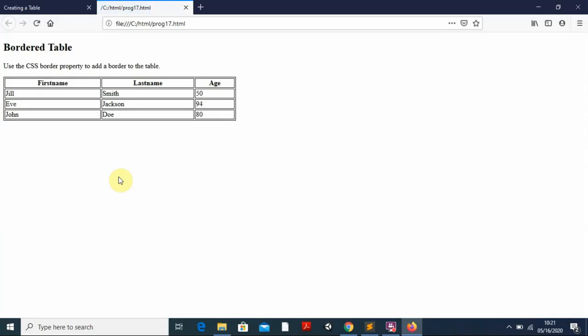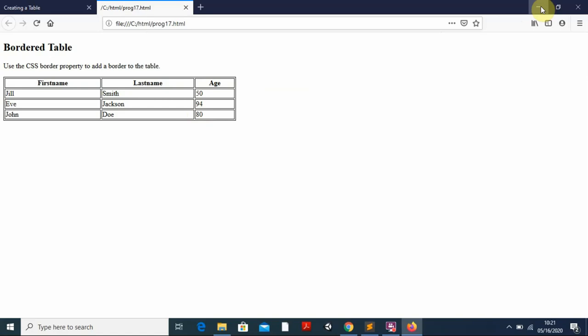If I go for 17, you can see this is a border table, and the name also that I have given is coming. Then the CSS that I have given is displayed. Now first name, last name, age, all are coming in a tabular form, with the table border created, and I have given 1 pixel and all the things. Okay. So this is the way we can create a table. I hope you will be comfortable creating a table without the border, and this is the table with border.